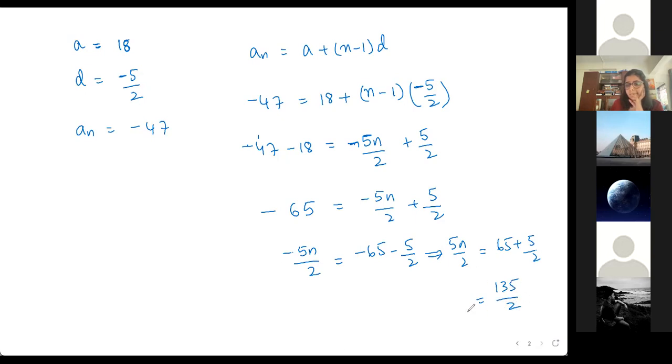Ma'am, it should be plus 5 by 2, right? Here, no, I took this on the other side. So 5n by 2, I've kept it here. Then how is 5n still minus? Because here it's plus 5 by 2, na, so if it went to the other side, what will it be? Okay. Minus. That's what I said, take it step by step, be very careful with the plus and minus. That's where you get a difference. So 5n is 135, which means n will be equal to 5 2s are 10, 35 is 7, 27 should come.